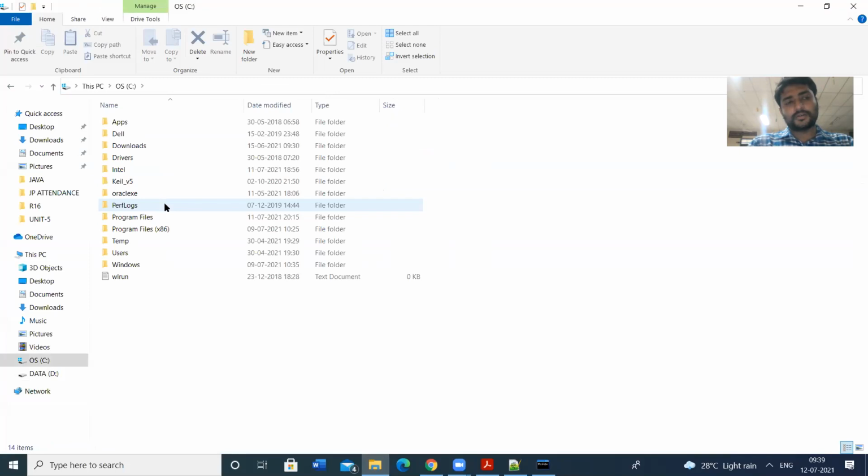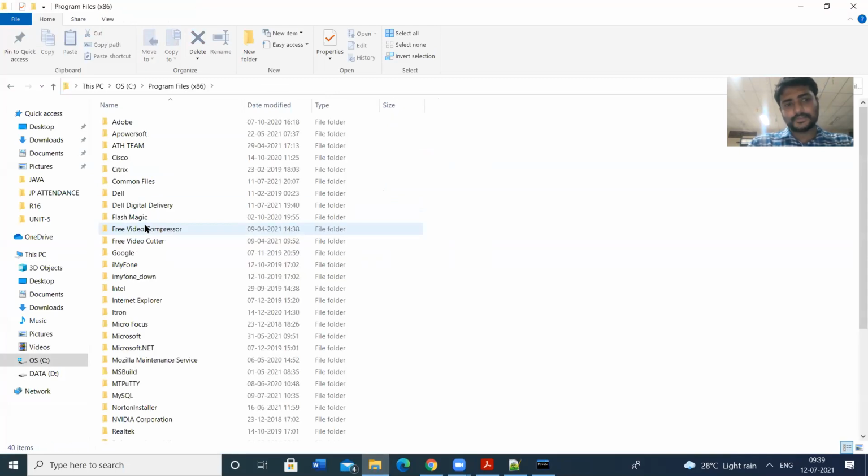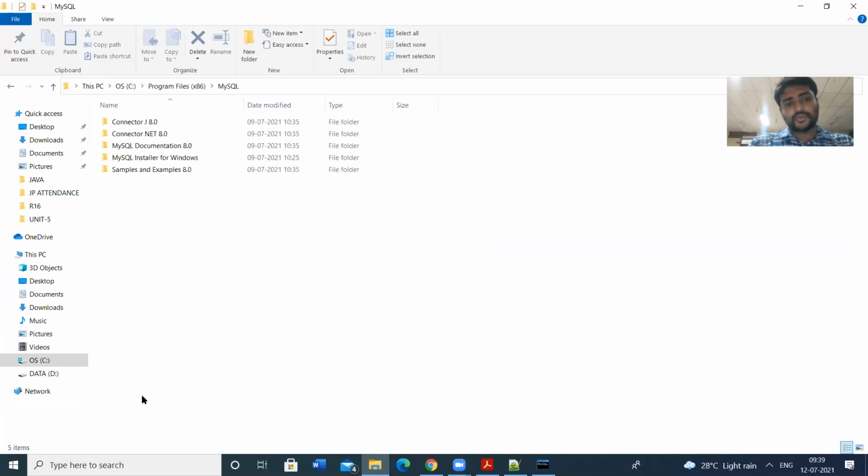In the C drive, in Program Files, we have the MySQL folder. Click on the MySQL folder. In this we have Connector J 8.0. We have installed MySQL version 8, so the connector is also version 8. This is the JDBC driver.